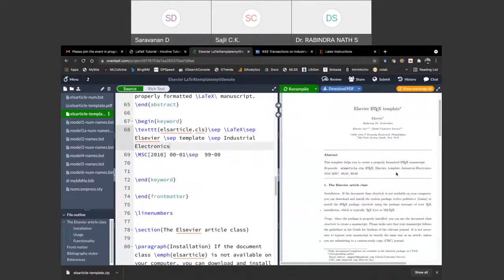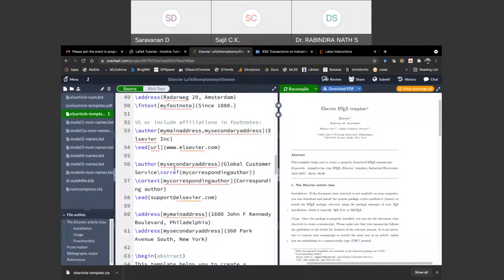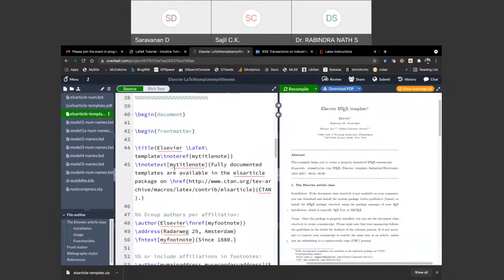See, the additional keyword I added appeared here. And if you need to change the title, we can change the respective part.